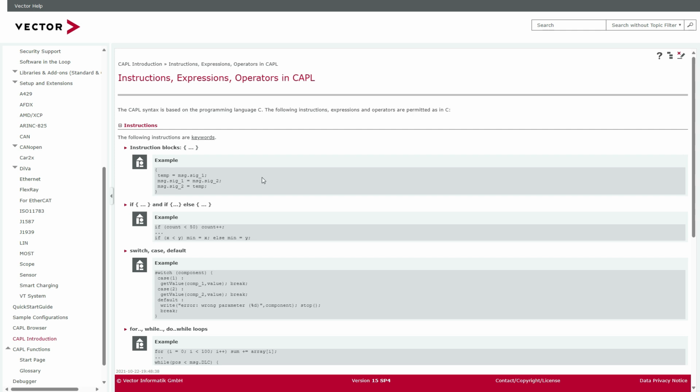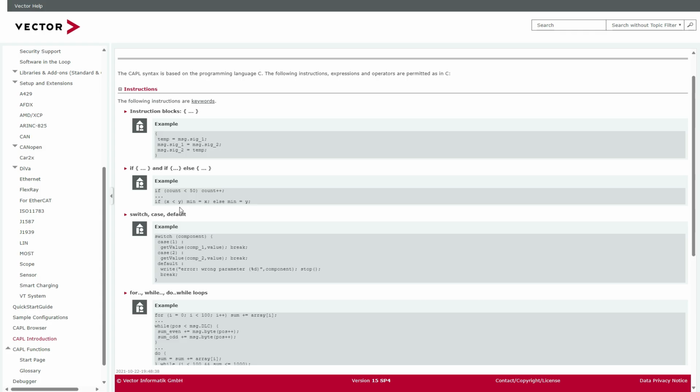Instruction blocks. So we have here within parentheses some commands. This is an instruction block. We have the if and if else instructions. It's like in C. It's no difference. So it's really easy to use. If count less than 50, then increment count, right? But if we have only one command here, it's not needed to use the parentheses. So we have here an if else example,